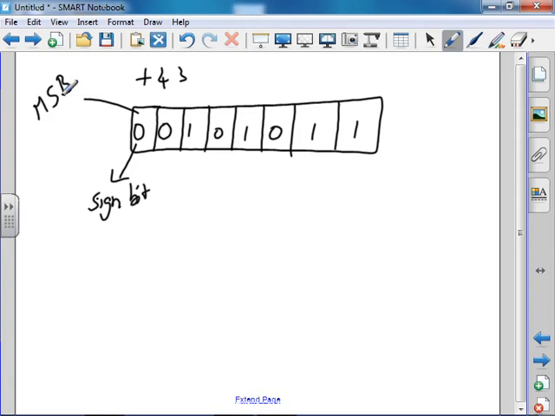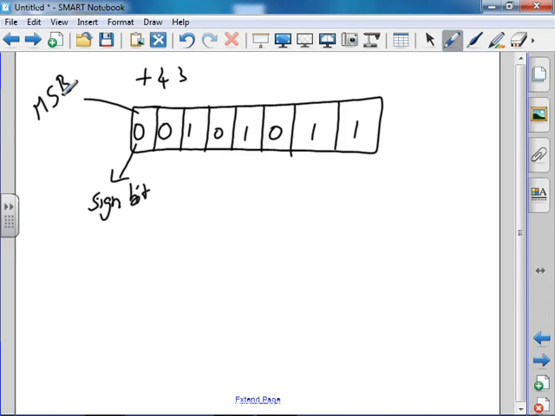Okay, the signed magnitude number should be in 8-digit form. Again I repeat, the signed magnitude number should be in 8-digit form. The 7 digits are used for storing values, and the leftmost bit is used to store the sign of the number. If the number sign is positive, 0 is used. If the number sign is negative, 1 is used. This is called the sign bit or MSB, most significant bit.